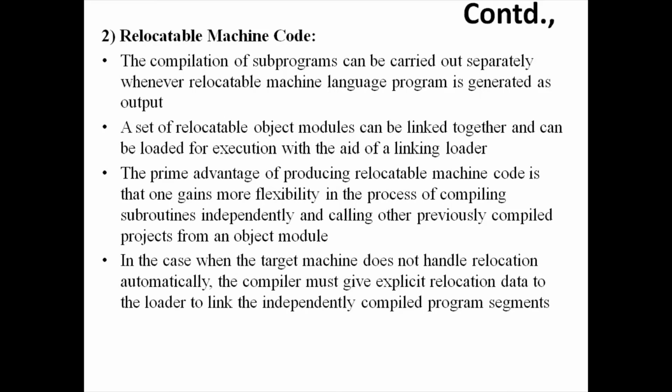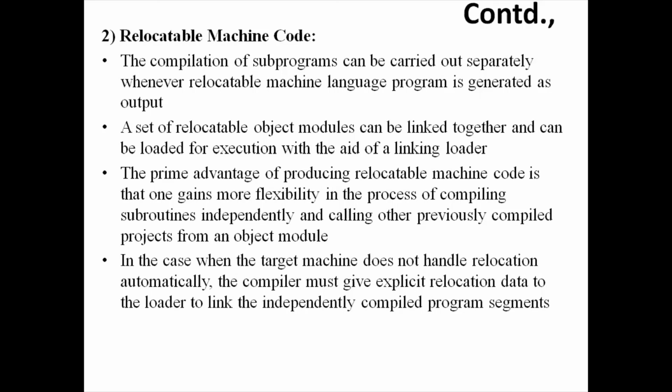Generating assembler code as the output makes code generation slower, because the assembly code and linking code have to be linked together. Once linked together, you can perform all the operations. So these are the three code forms of object code form in the code generation phase: absolute code, relocatable machine code, and assembler code. You have to write the three types.